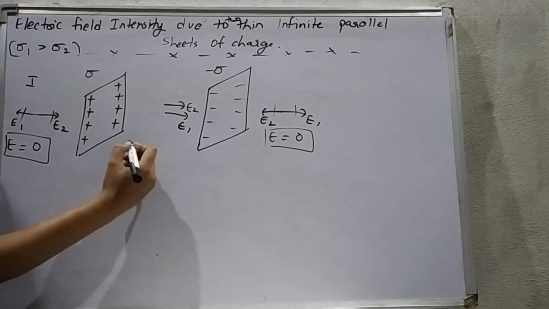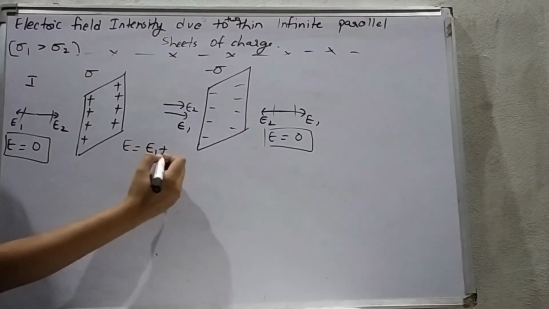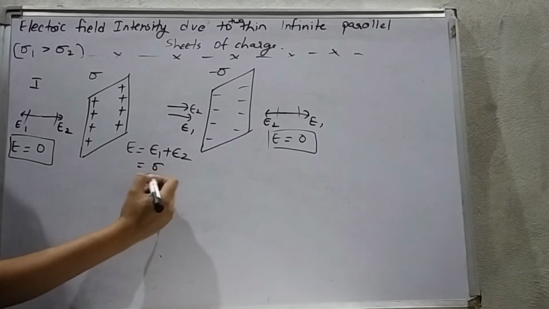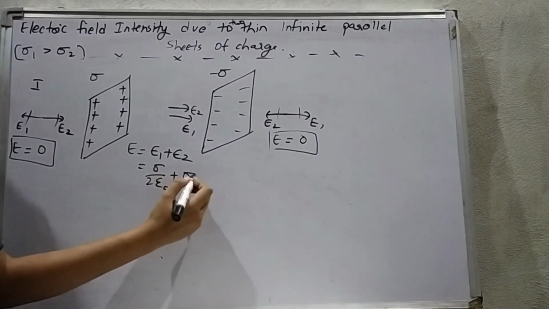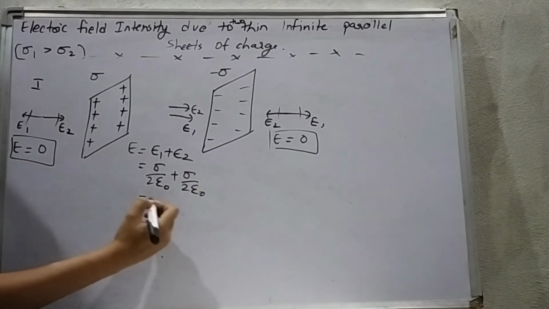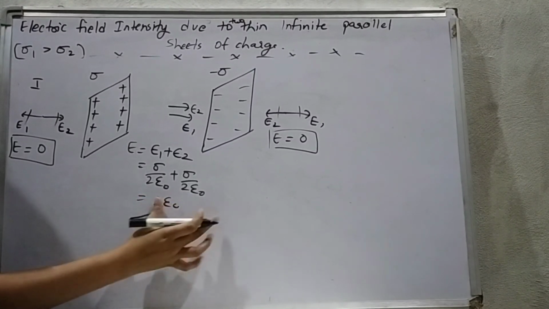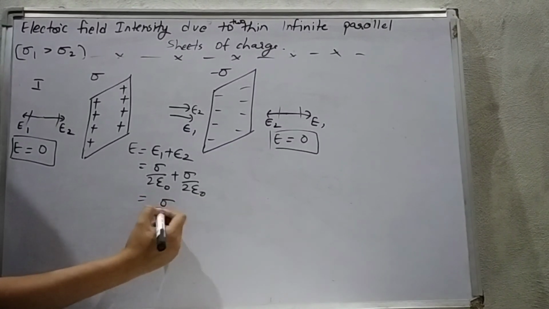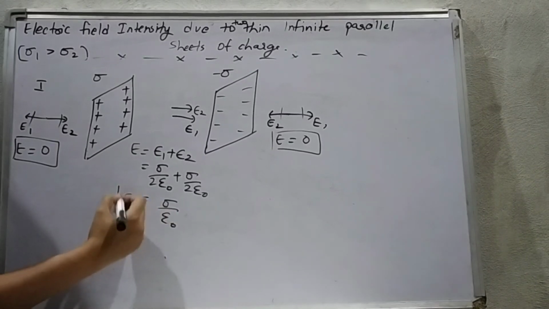And here the net electric field will be E1 plus E2, which is equal to sigma upon 2 epsilon naught plus sigma upon 2 epsilon naught, which is equal to sigma upon epsilon naught. Here the answer is